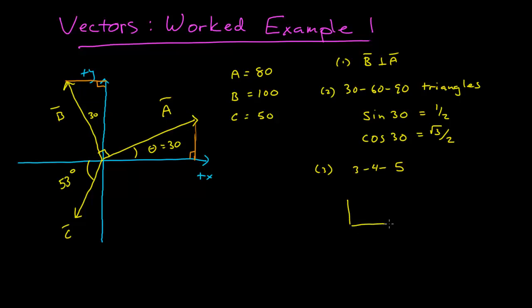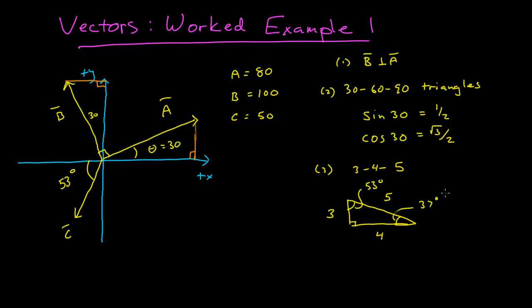This is sort of a triangle I think everyone probably should have seen: if one length of a right triangle is 3, another length is 4, then the hypotenuse is 5. And the relative angles of that triangle, one of them is 53 degrees to two significant figures, and the other one is then 37